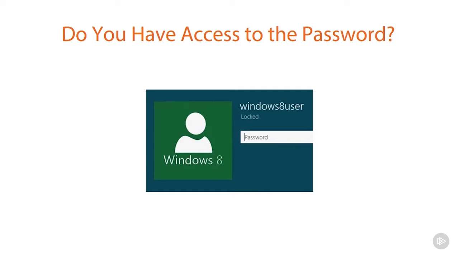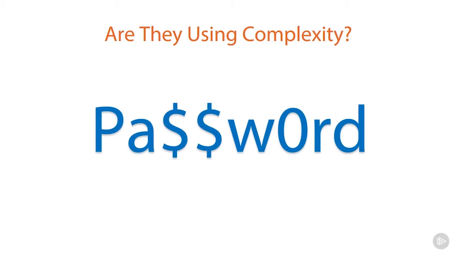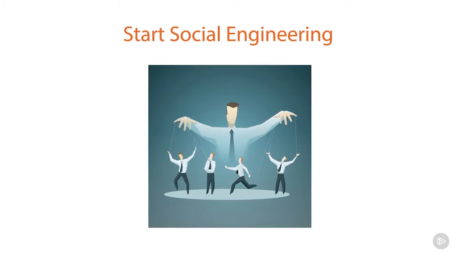The next question you have to ask yourself is, if you don't have that, then are they using complexity? Because this is going to help me to determine what the password is. And again, this is something that we should have been able to answer during our enumeration stage, or possibly even through social engineering. Yep, that would be another way of trying to get a hold of passwords. People typically use things that they can remember that are meaningful to them. So understanding who your target is can sometimes reveal a password,